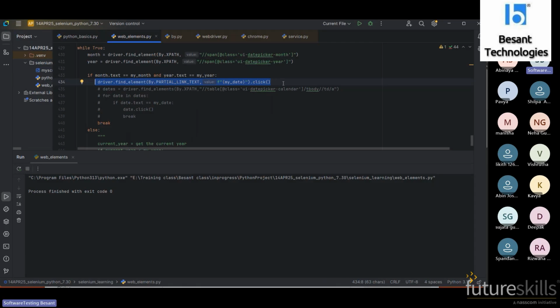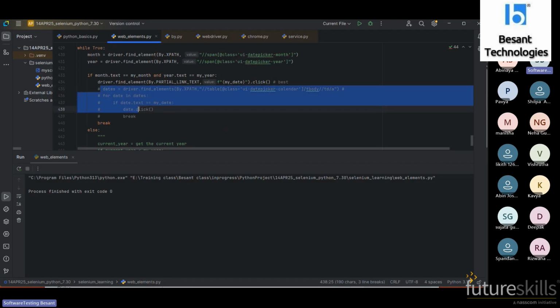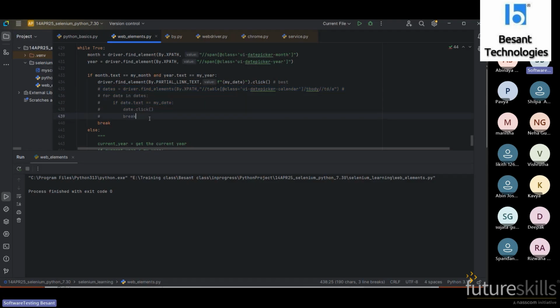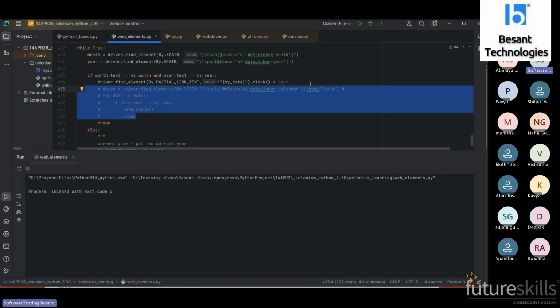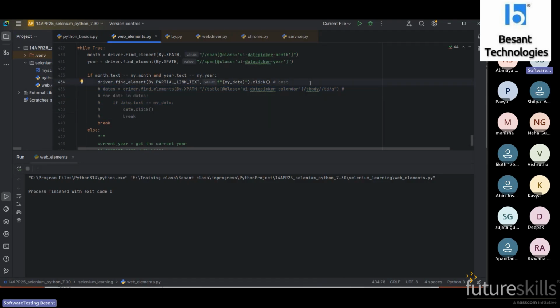If it works in all cases, then this is the best method, because here we are iterating, and iteration always makes your program slow. So instead of this, we can directly use this, but it is supposed to be link text.